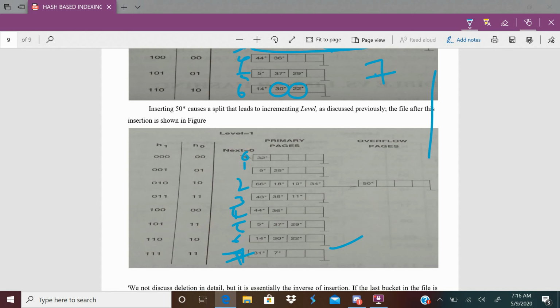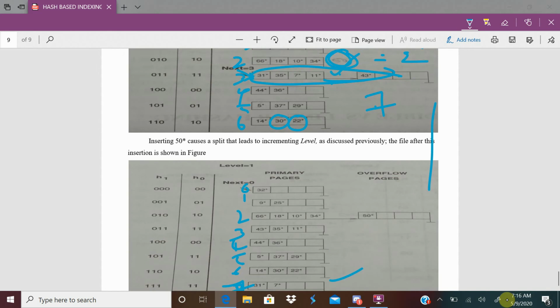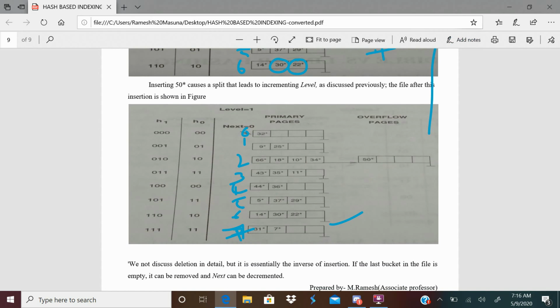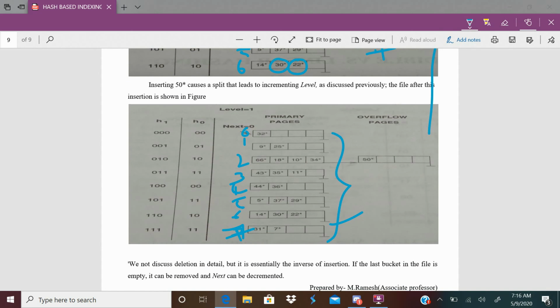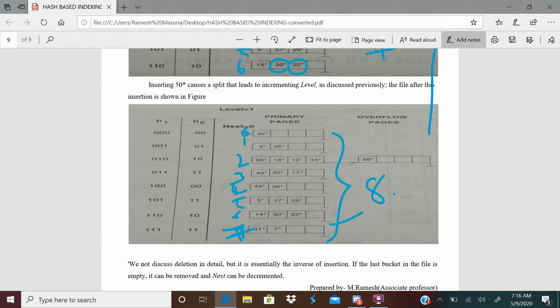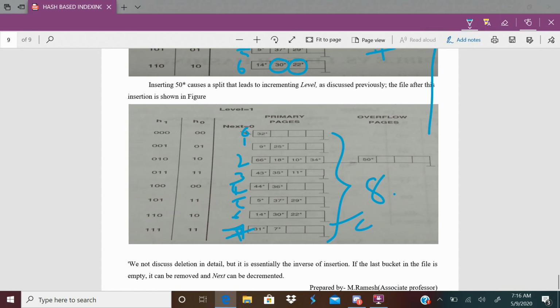After redistributing the contents, how many buckets do you have? 8 buckets. 8 buckets means it is represented with how many numbers? 0 to 7. 0 to 7 is represented with how many bits? 3 bits. 3 bits means it uses not H0 function.